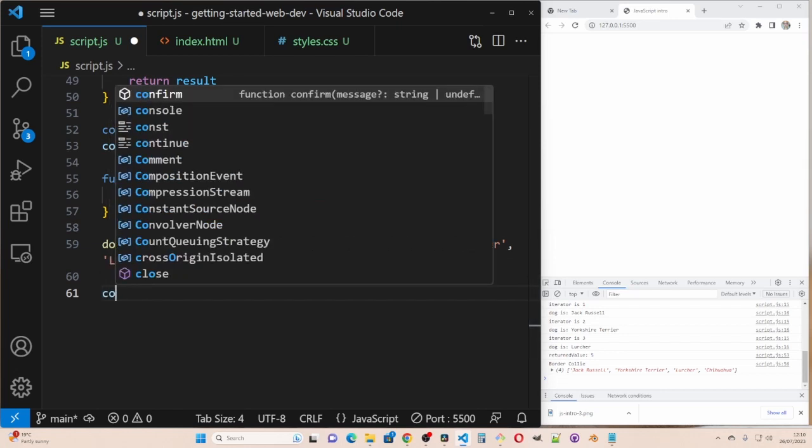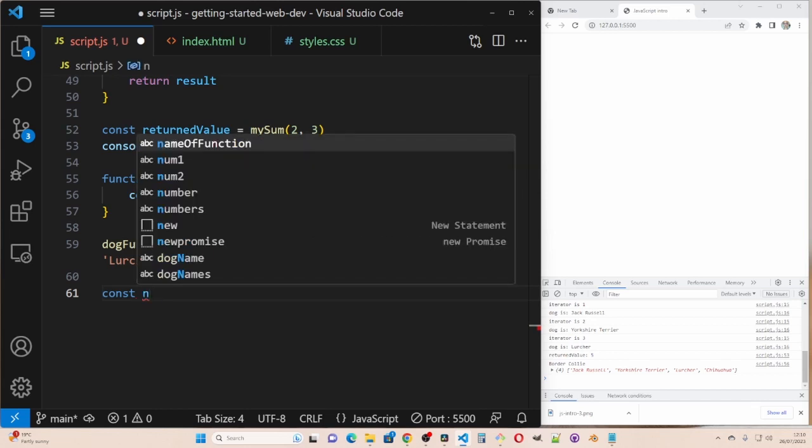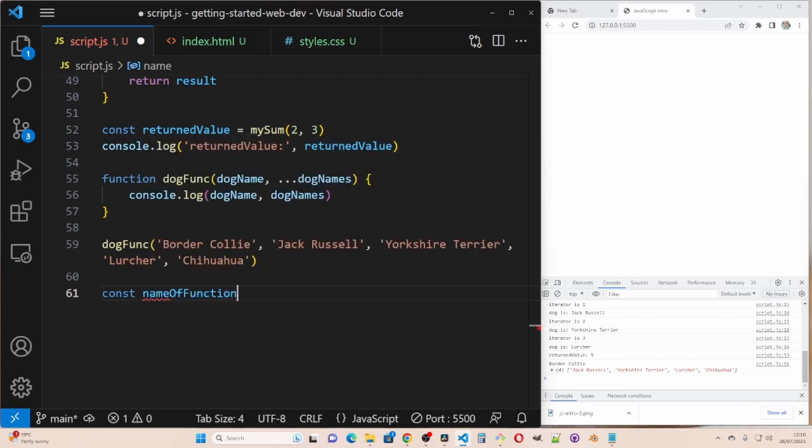Start with a constant and then a variable name, which for this example we'll just do name of function equals, and then you do an equal sign and a greater than symbol and then curly brackets, and the function body goes inside these curly brackets